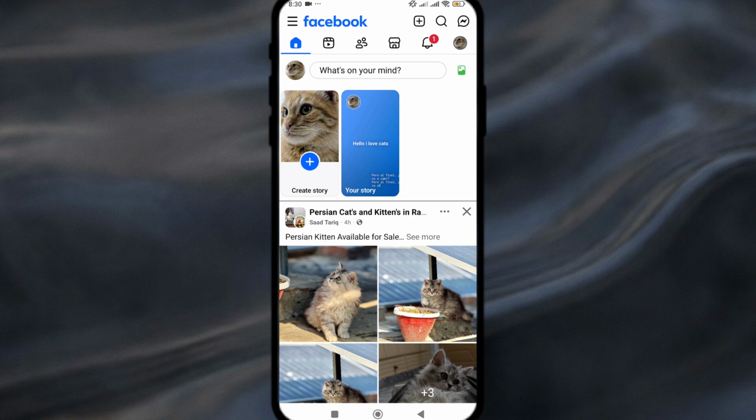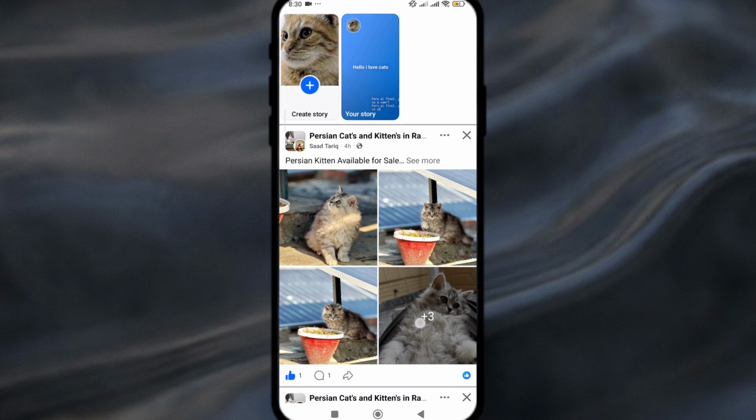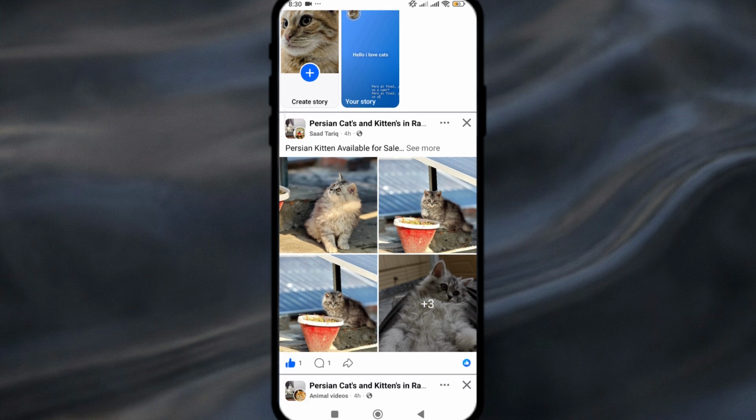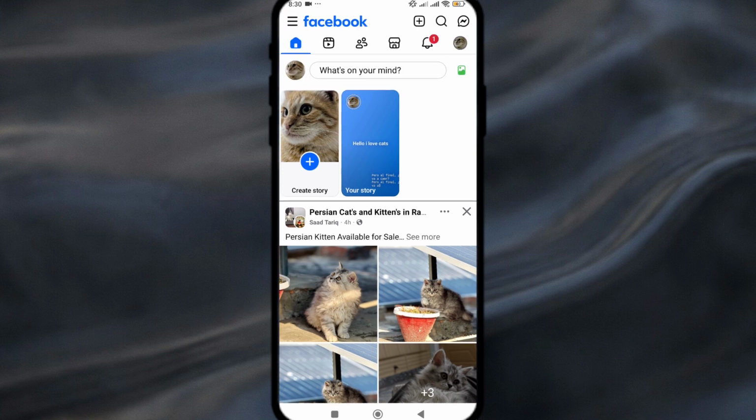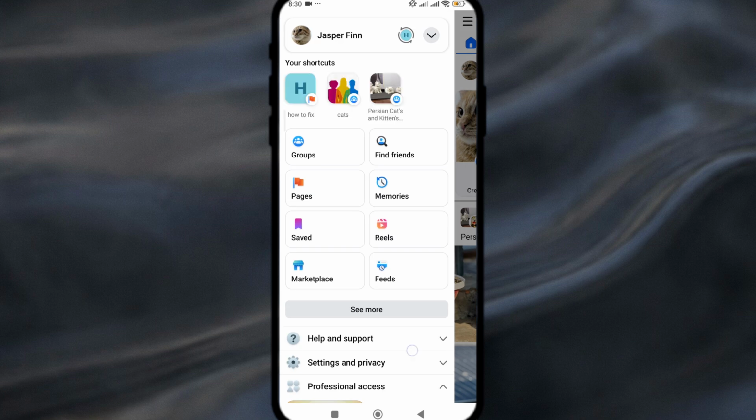In this video, I'll show you how to adjust your Facebook ad preferences so you can control the types of ads you see. First, open the Facebook app on your phone and make sure you are logged in. Tap the menu icon in the corner of the screen, then scroll down and tap Settings and Privacy, and after